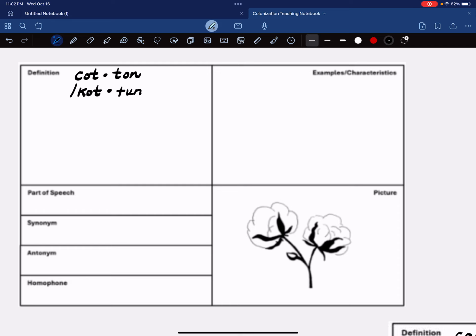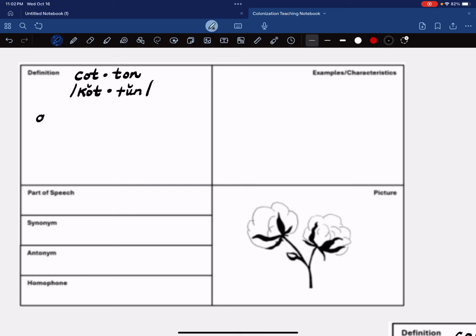Ton, cotton is a pretty close sound spelling. Both of those are short vowels. Ton. Cotton